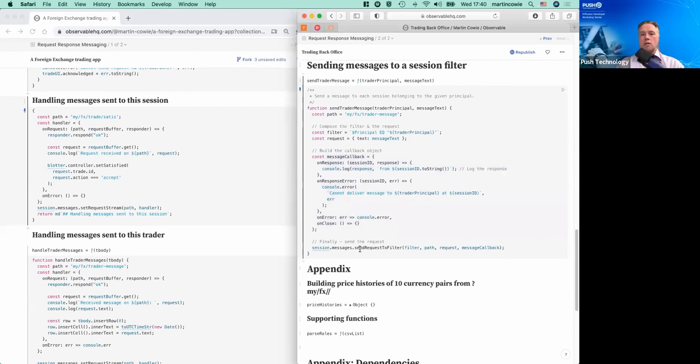And then we send our request to the filter. There's the filter, that's the path, and the actual request object itself. That's going to be received by the server and then fanned out, repetitively delivered to each of the matching sessions that match that filter. And when a response comes back from any of them, the response is delivered to this message callback, specifically to on response. And we're told that a particular session ID